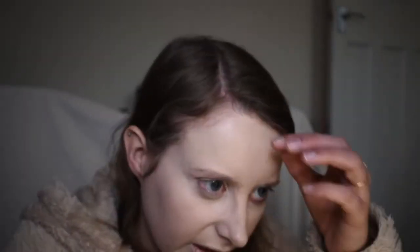So as you can see, I'm very glowy right now. It's not a bad match. It's a bit pale, but again, some foundations oxidize a bit, but I prefer to be a bit too pale,